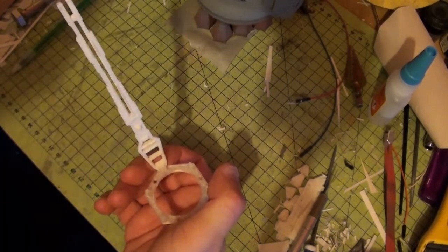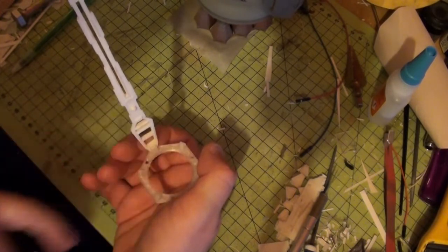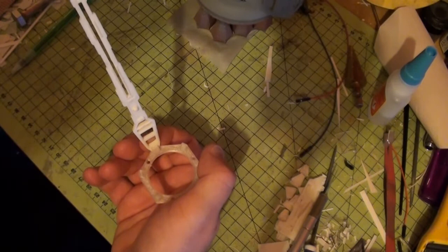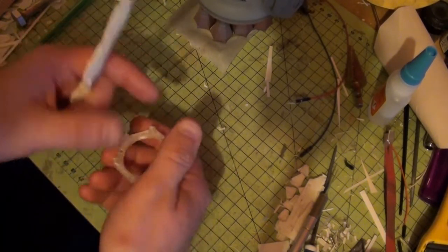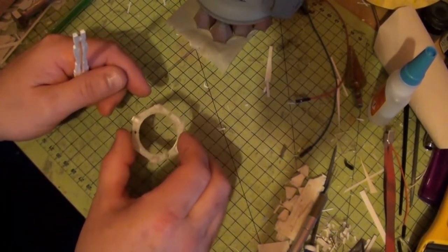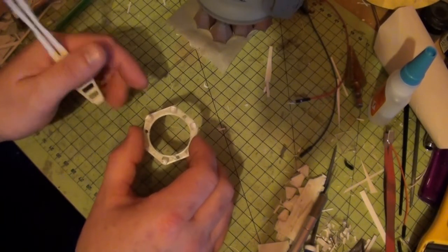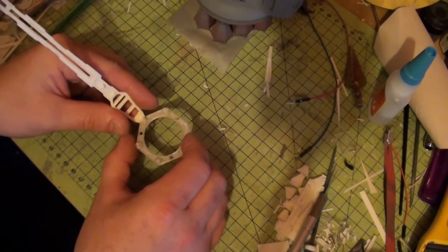But you know what? That's how it's going to work. You can see I've drilled the holes there. Oh, no, I haven't drilled them. I formed it with the holes there. So I'm going to put some little rods through there, and that'll just slide into the front of the nose. I'll attach this to the front of the nose and just drill holes, and then these rods will just slide straight in and hold it in place. That's my method of doing it. I think that's the best thing to do, is to keep this separate for delivery, and then when Lou has it, then he can just